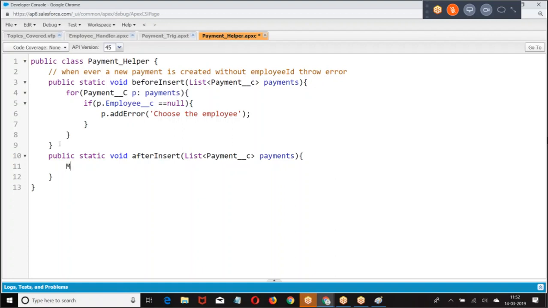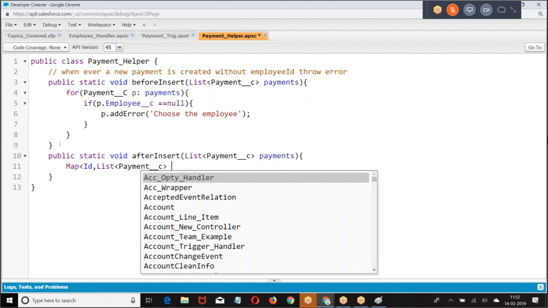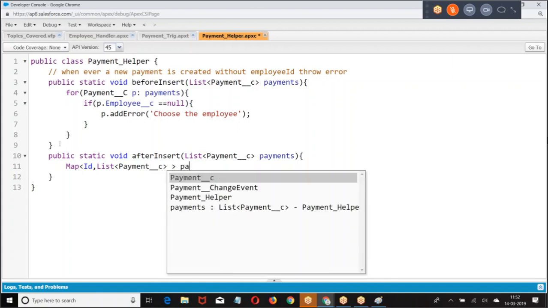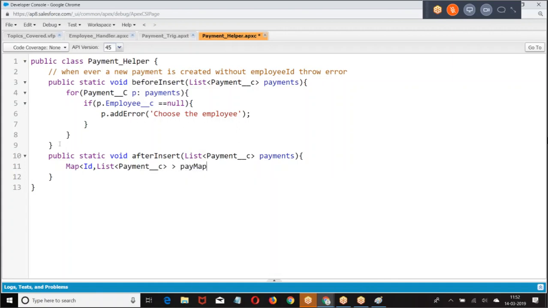Now, what is the logic I have discussed? Map of ID, comma, list of payments. This is what I get. Then group all the employees.